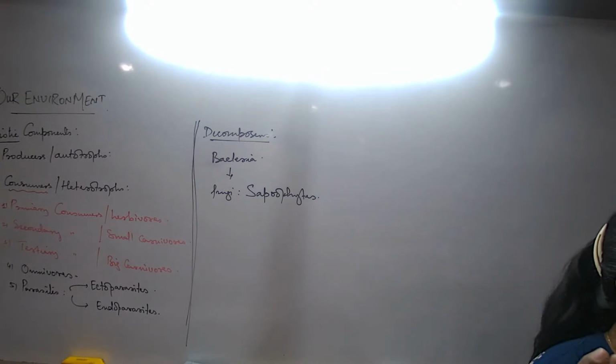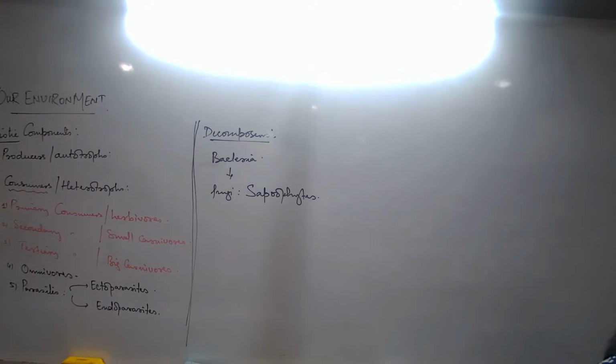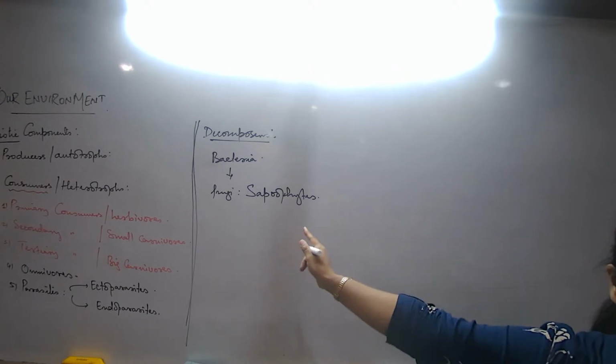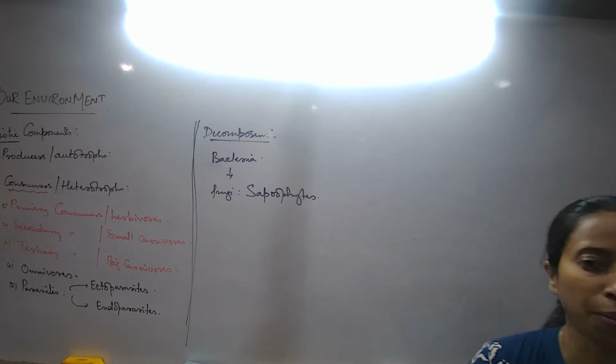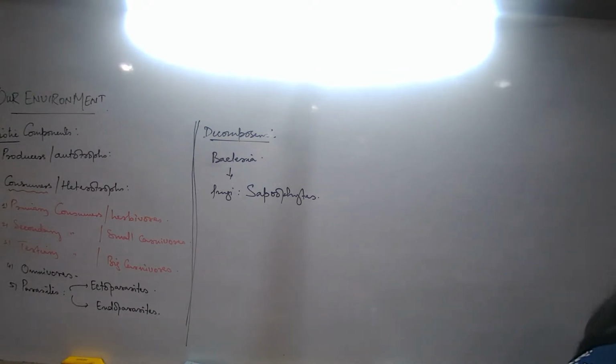So the bacteria is decomposing. Maybe you get questions, name the organism responsible for the process of decomposition, not to write fungi at all. Your favorite word. No fungus. It is only the bacteria. Always underline bacteria. Fungi does not undergo the process of decomposition. Fungi are always there in the site of decomposition, but they are only to absorb the soluble nutrients and then they flourish. They are taking the nutrients for their own benefit. I talk about a bread which is stale. I talk about a fruit which is getting rotten. Did we ever see fungal growth over there? Yes, very much.